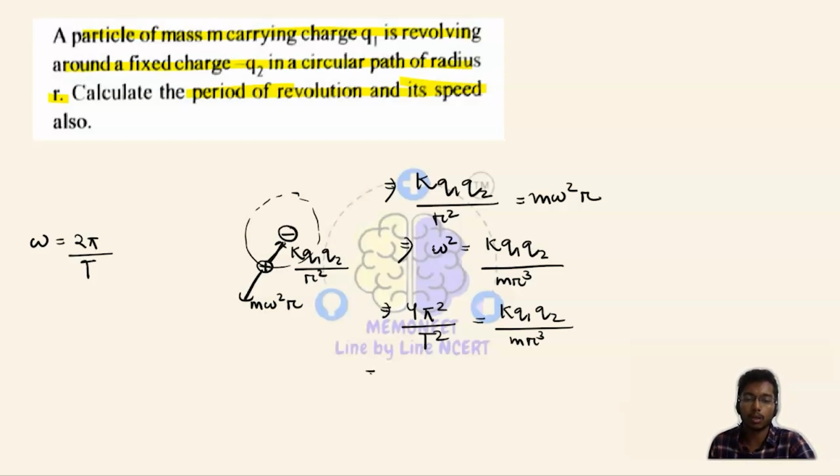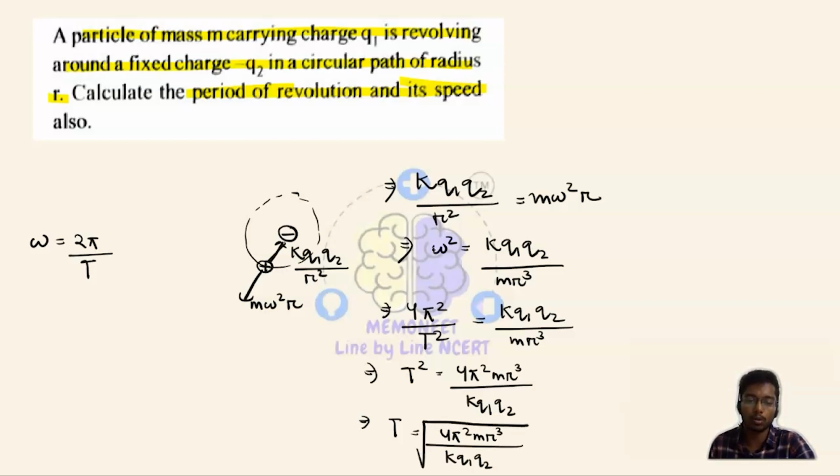Okay, so here the value of T square is equal to 4 pi square m r cube upon K Q1 into Q2. So the value of T, that is the period of revolution, will be the square root of 4 pi square m r cube upon K Q1 into Q2. So this is the value of the period of revolution, and if you want to find out the speed,